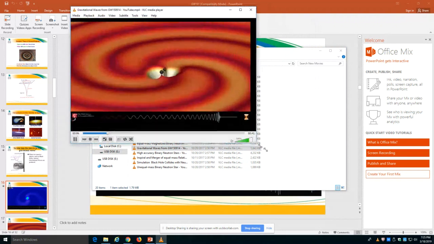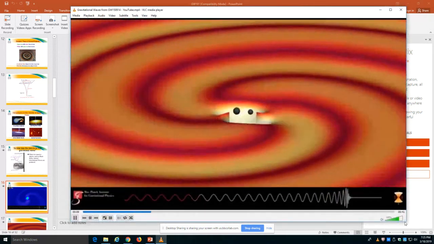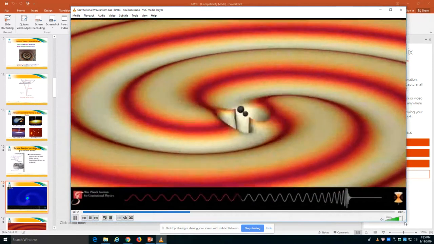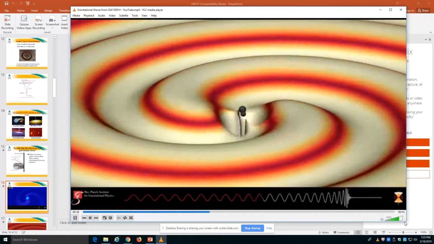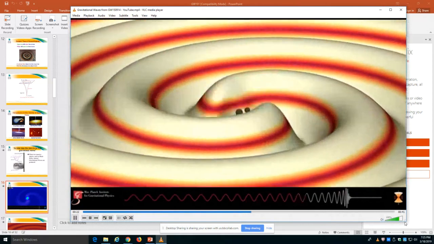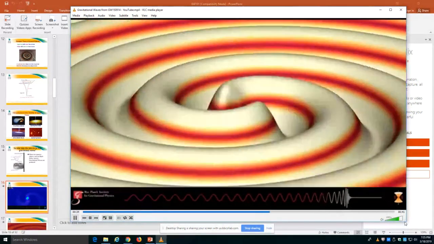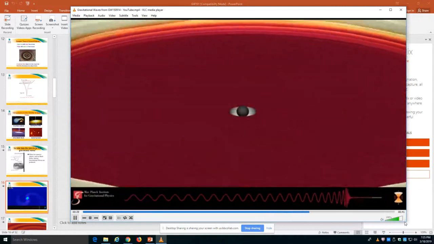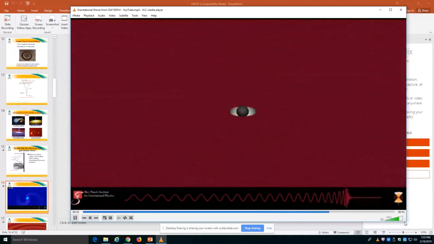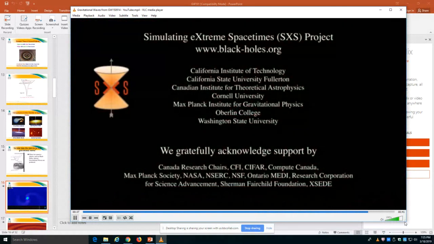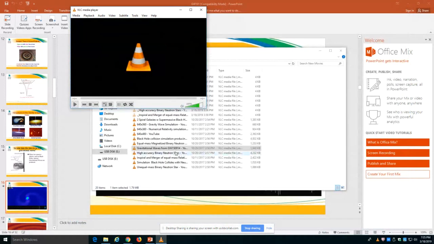Well, here you could see there's two black holes, and what's happening is they're spinning around each other. And this is a little bit unequal mass, but you can see that as they get closer and closer, the waves keep changing in both the magnitude and the frequency. And then they get faster and faster, and they whirl in, and then poof. And when they merge, you get just a single black hole at the end. I didn't actually do this simulation myself, but this was pretty fascinating.